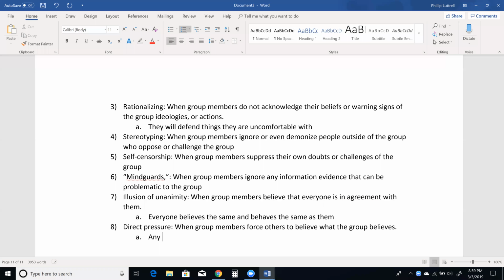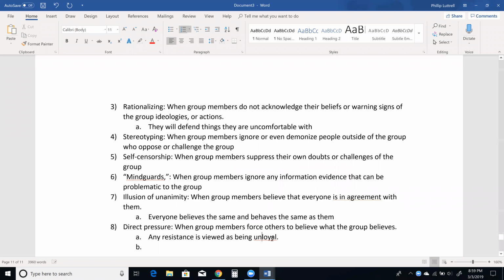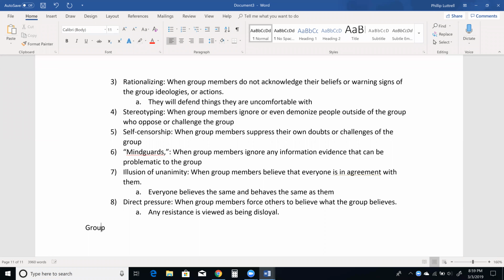So any resistance is viewed as being disloyal. And then the last and final thing, group